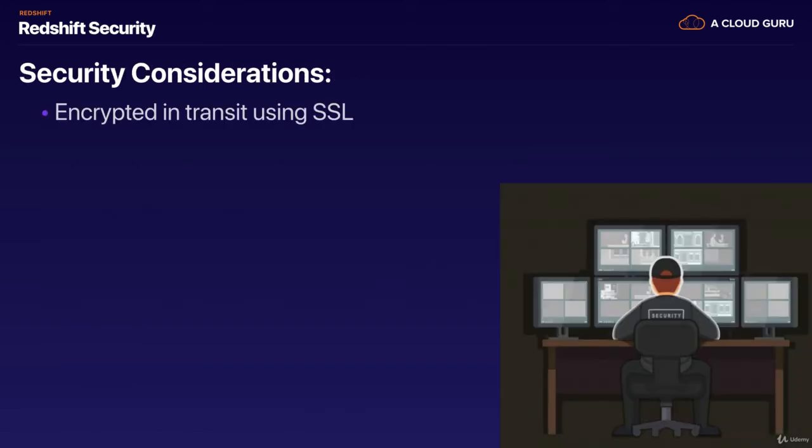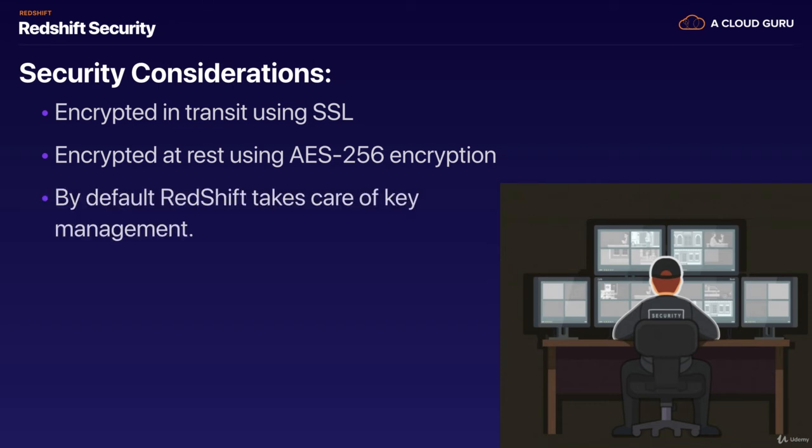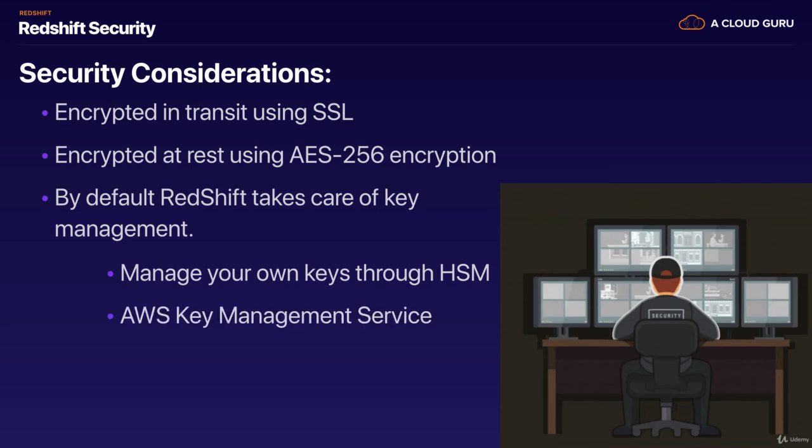In terms of security considerations, when you're communicating with Redshift, it's always going to be encrypted in transit using SSL. It's also encrypted at rest using AES 256 encryption. And by default, Redshift takes care of the key management. So you don't have to worry about managing keys with Redshift, but you can manage your own keys through a hardware security module, also using the AWS Key Management Service. And we do cover off CloudHSM as well as AWS KMS in an awful lot of detail in the